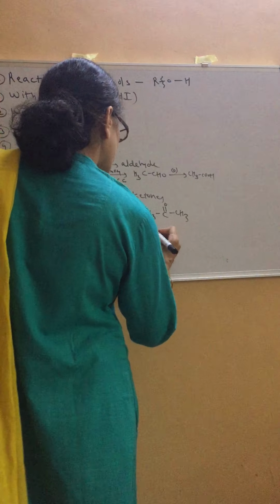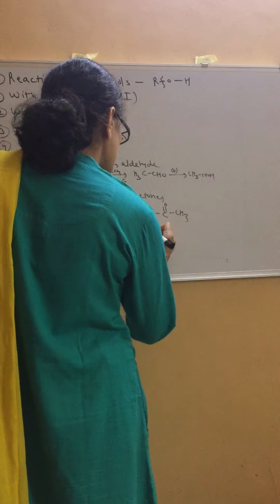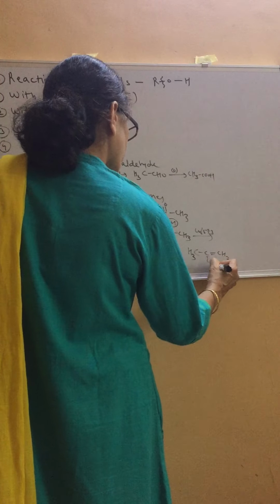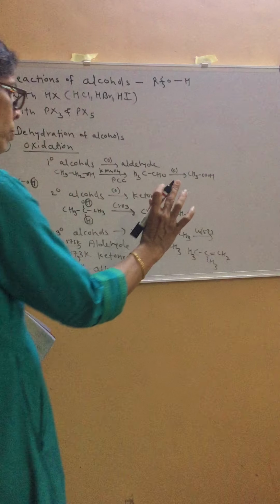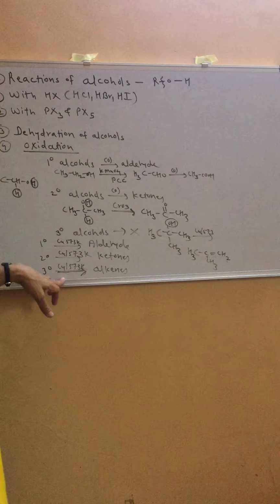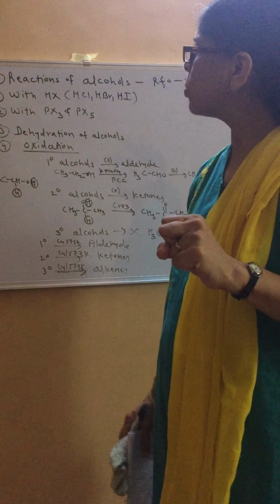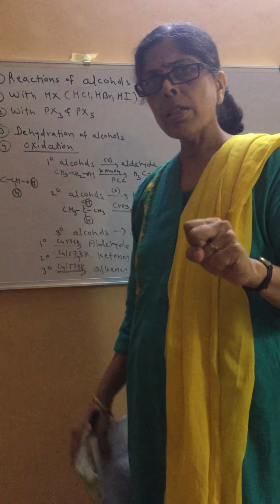For example, a tertiary alcohol like this, CH3, C, CH3, CH3, OH, with copper at 573, we will get an alkene, meaning OH from one carbon atom and hydrogen from another carbon atom are lost. So CH3, C double bond CH2, CH3. Hydrogen from this carbon, OH from this, are lost. So tertiary alcohols undergo dehydration and these two undergo oxidation. Okay. So these are the last four reactions of alcohols we have seen. Now part D, reactions of phenols, is left, which we will see in the next video. Thank you.